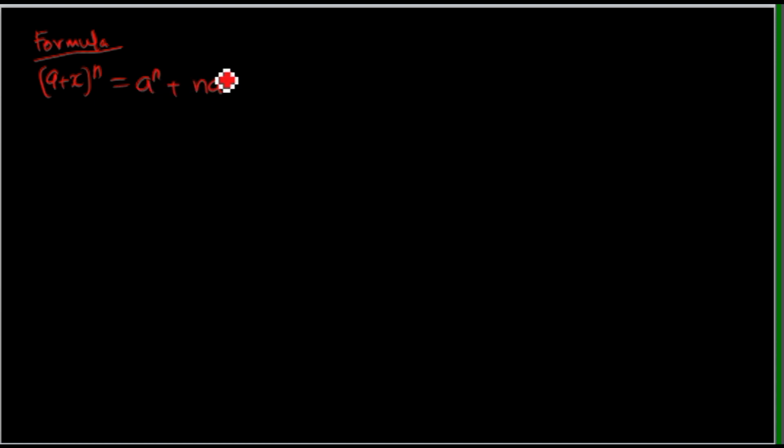Then you add n into n minus 1 divided by factorial 2, and then multiply by a power n minus 2, and then multiply by x power 2,